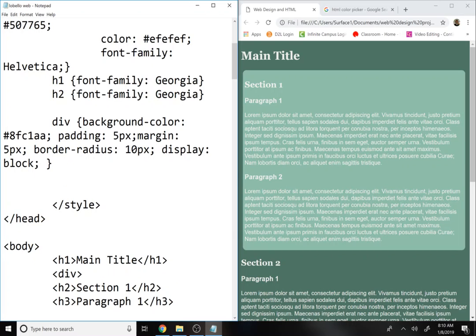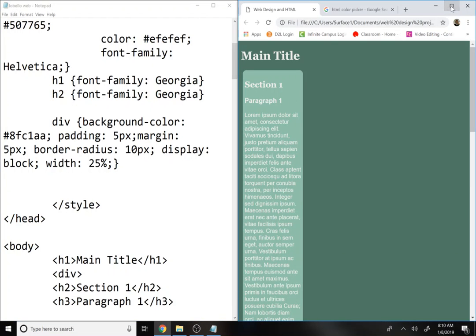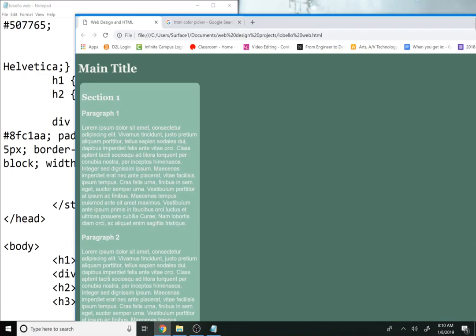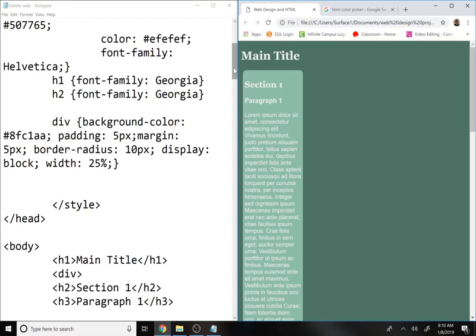and I'll also put width 25%. So watch what this does. All right, so 25%. So if I were to make it bigger, it would be a little bit bigger here. And so now what I'm going to do is apply that same div to each one